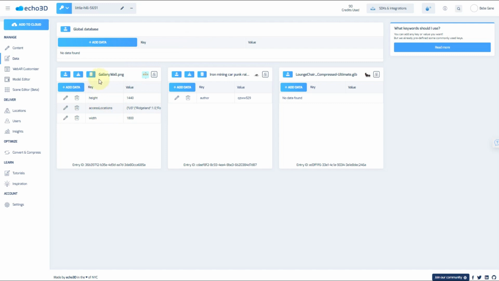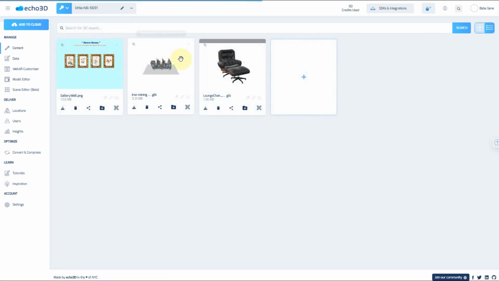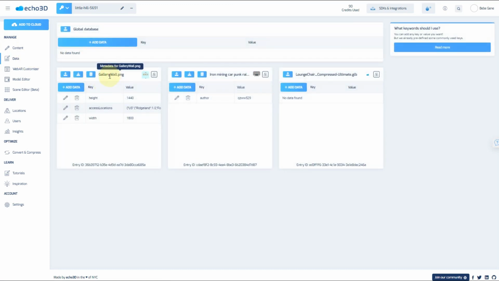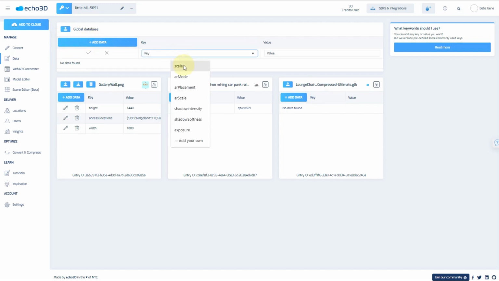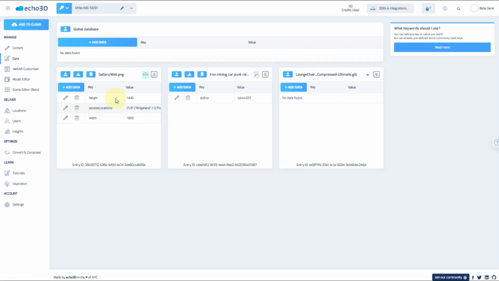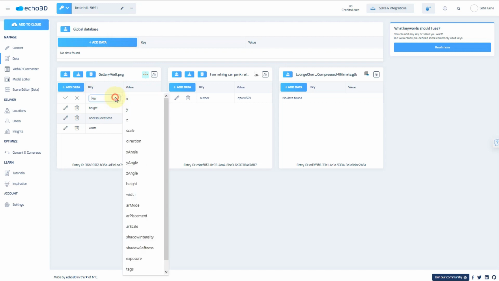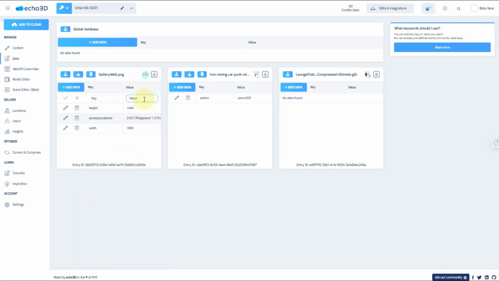Or if you wanted to do individual metadata for each of your content cards, you could do so on each of the object names. So 3 objects were in our console, right? For each one of these, we go down to data. We're able to add individualized metadata for each one. So for example, if I wanted to add something like change the scale by default and then change this to 2, by default, everything is going to be doubled in size every which way, X, Y, and Z. And the same concept for each of the individual items. We have a bunch of predetermined metadata that you can choose, or you can even add your own and fill in the value right here.